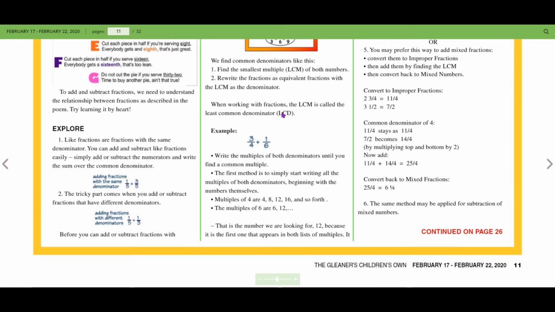When working with fractions, the LCM is called the least common denominator, or LCD. Here we have an example: 3/4 plus 1/6. Now we can't just add these and get 4/10. That would be incorrect. First, we need to find the LCM or the LCD